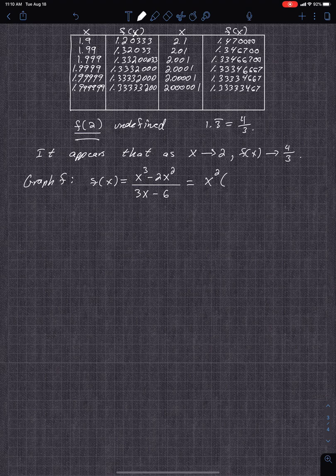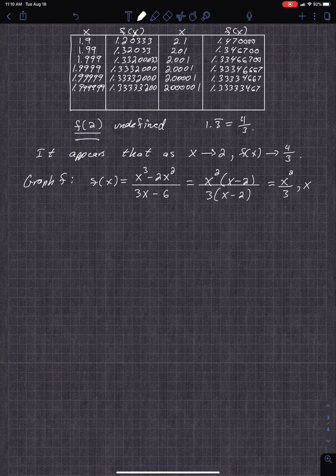This is where we can actually simplify it. x minus 2, factor the numerator, factor the denominator, factor out the 3. You're left with x squared over 3 times x minus 2 over x minus 2, which is equal to x squared over 3, provided